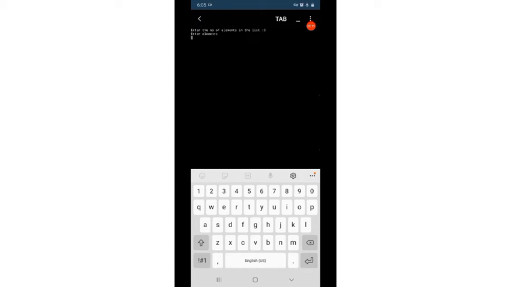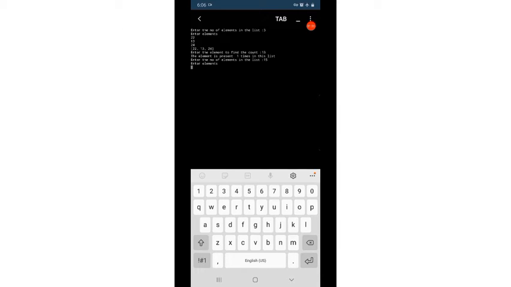I am giving 3 elements in the list: 22, 13, 24. So the list is printed. Enter the element to find the count. I am writing 13. So the element is present one time in the list. Again this first statement, that is, enter the number of elements in the list, is repeated here. So I can write here again, 14, 15.